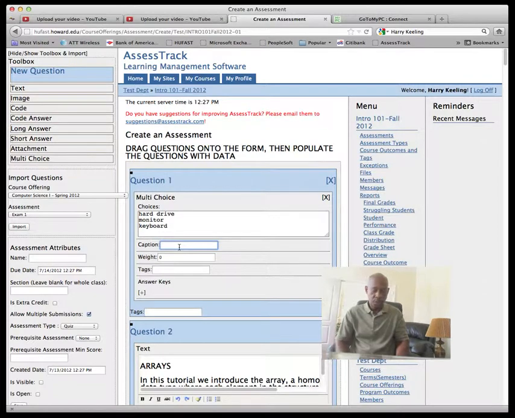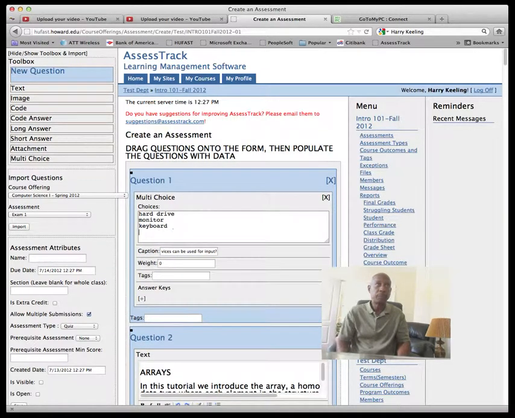And the caption or the question will be, which of these devices can be used for input? Question mark. And let's add one more choice up here. Let's say all the above. So let's give that particular question a weight of 5 in our exam, and we want to give the